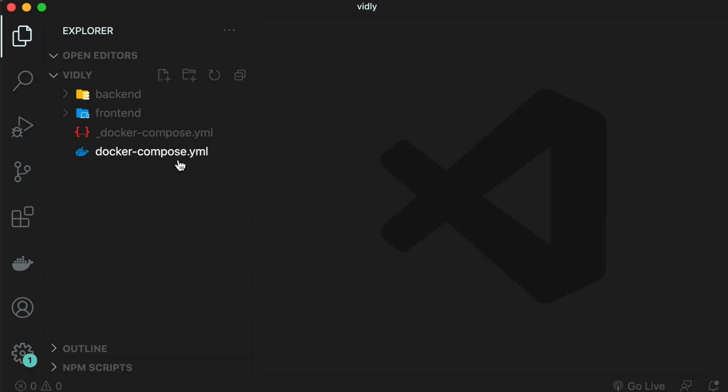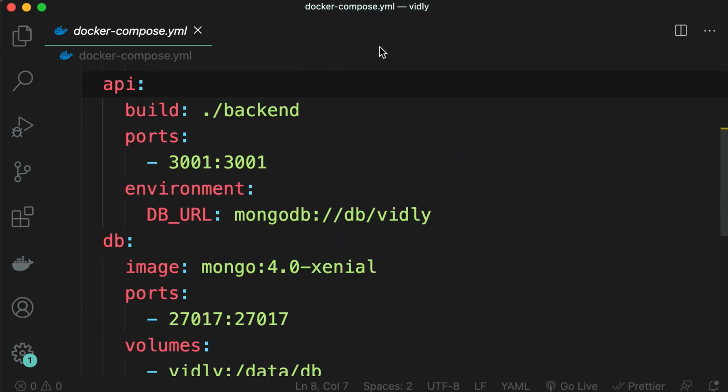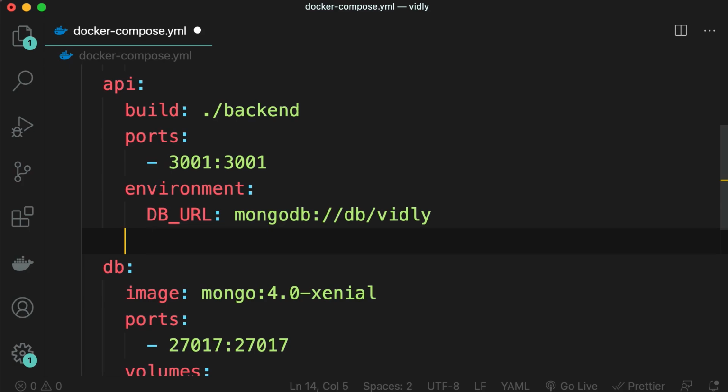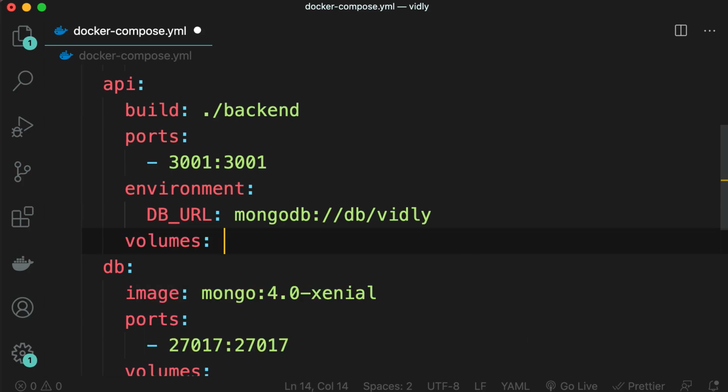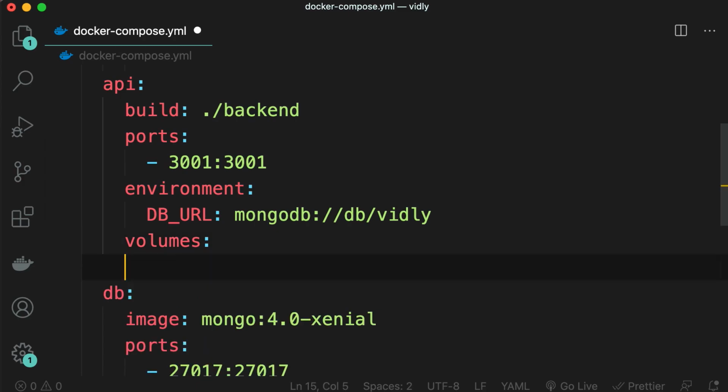So let's open up our compose file. Here's the definition of our API service. In this definition, we're going to add a new property, volumes. Now we can have one or more volume mappings, so here we need the list or array syntax. Now here we can type a relative path. So starting from the current directory, we go to the backend directory and map this to the app directory inside